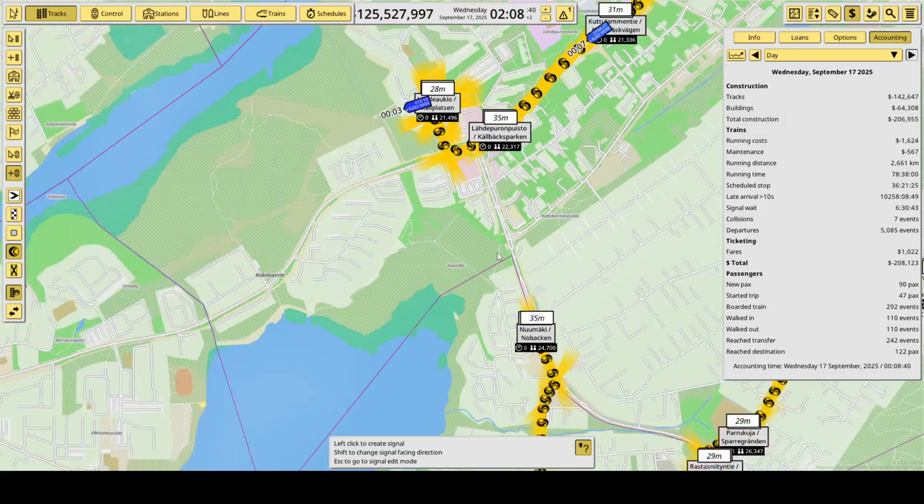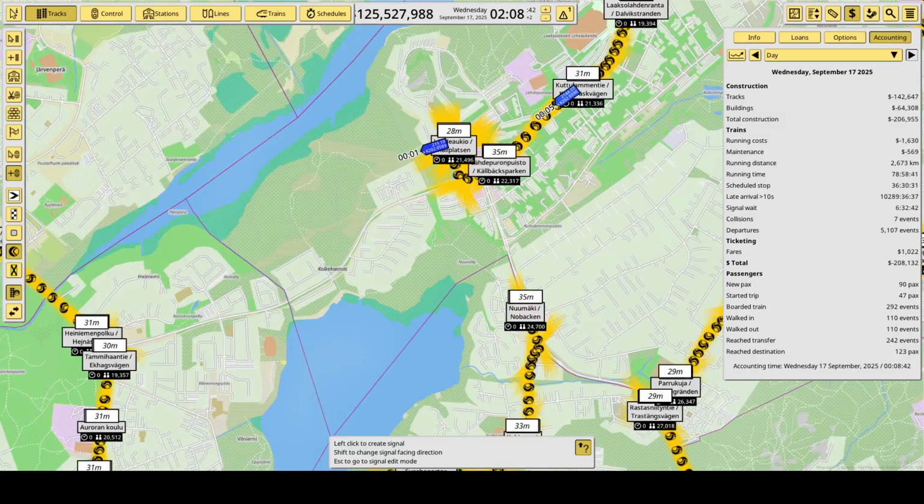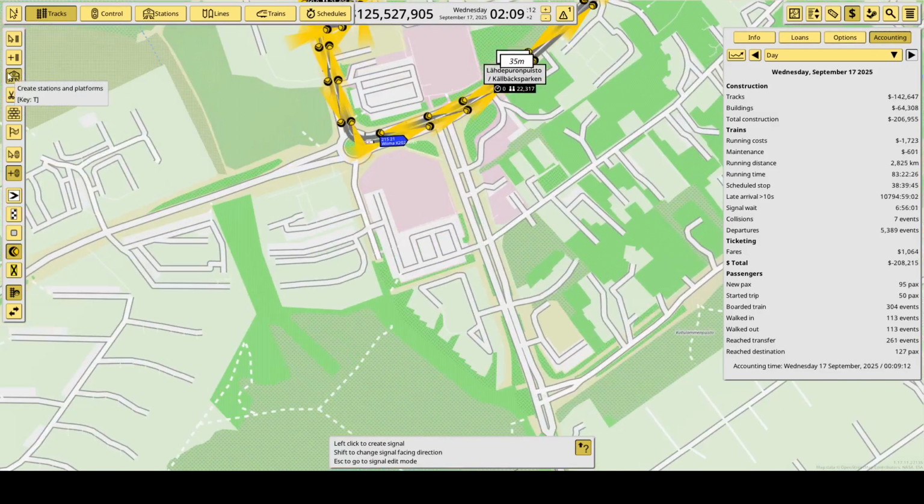After Nuumäki. Oh, we're actually gonna meet the previous line. Okay, good. We will... Oh no, we won't. What's happening here? We will stop at Lähderannan Risti. Källstrand Squashet, and let's see.